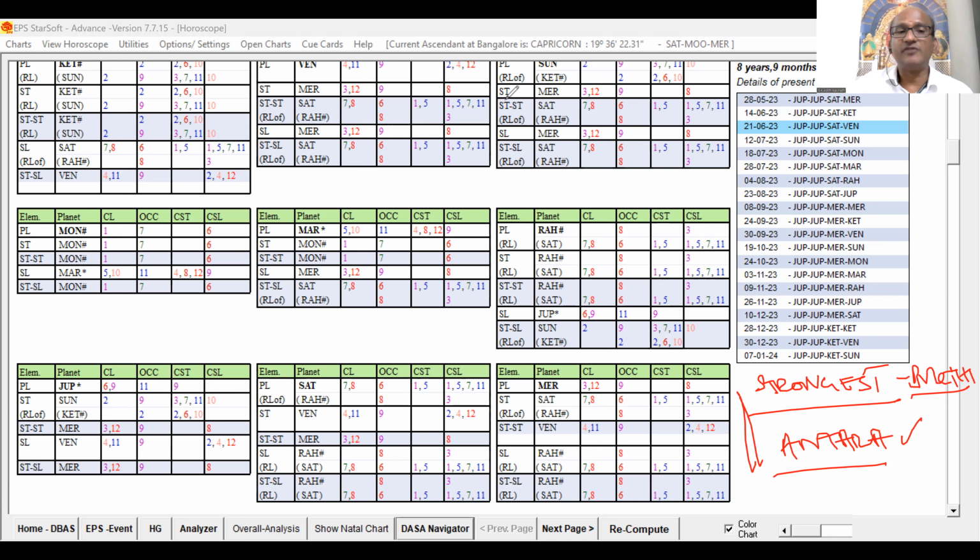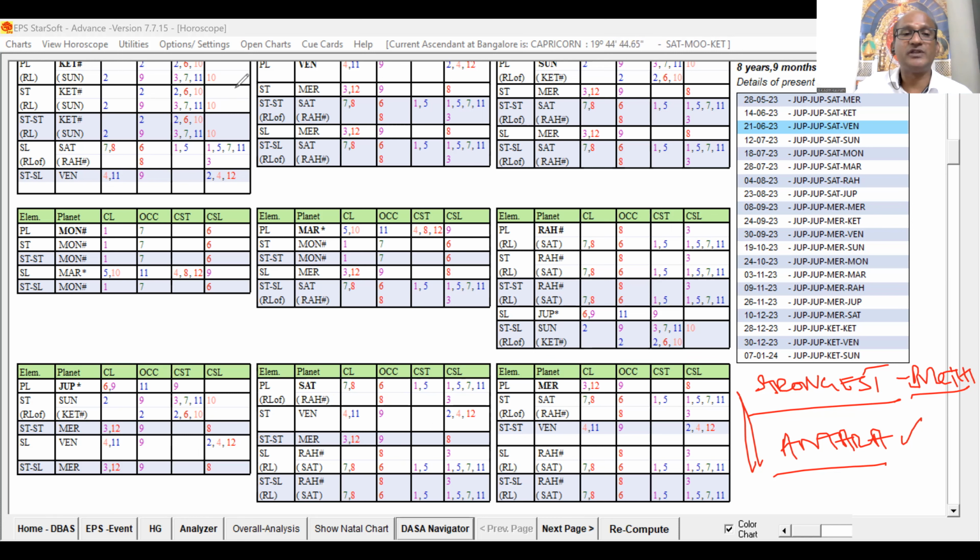Now the Bhukti lord can be Saturn or Mercury or Ketu, because they are coming within that marriageable age, which we have to see. But even if it is a marriageable age, if they do not have favorable significations, they will not conduct the marriage during their Bhukti. Only during a favorable Bhukti will it be conducted, even if it is delayed. You have to keep that in mind. After that, any of the 9 planets can act as the Antra.